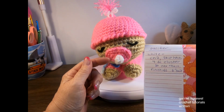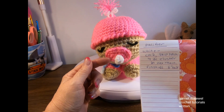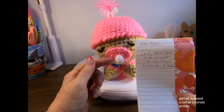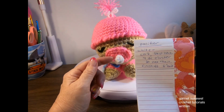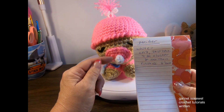Now, I tried to make this as simple as possible, and this is what I came up with. If you choose to do something else, it would be nice to know what you did. But what I did was I chained 2, and what I did was a 4 double crochet cluster, which means, oh, I skipped the first chain. So in the second chain, which was basically the first chain of the chain 2,